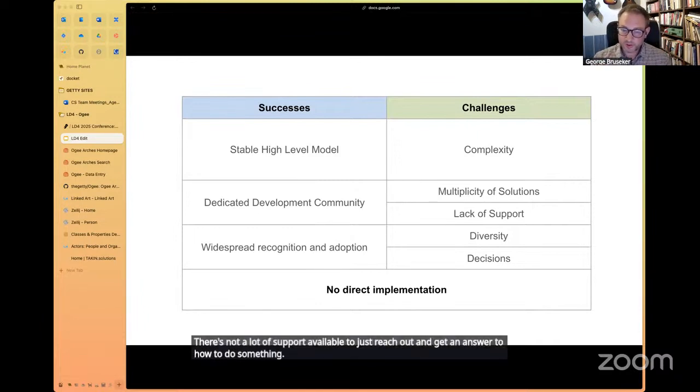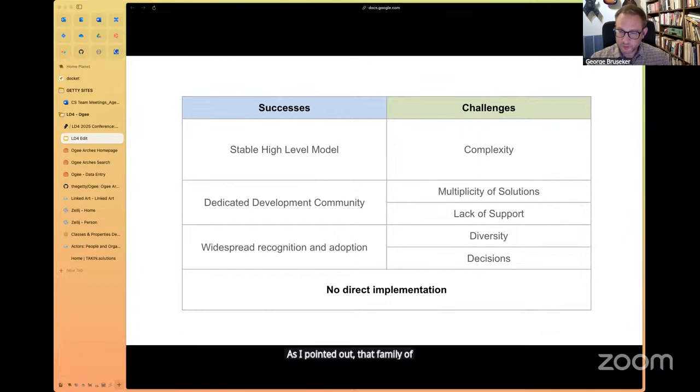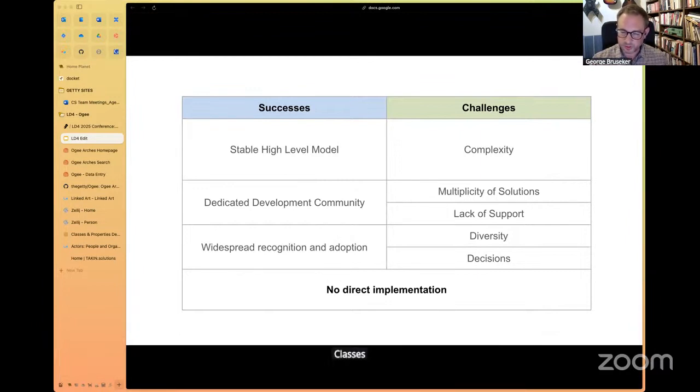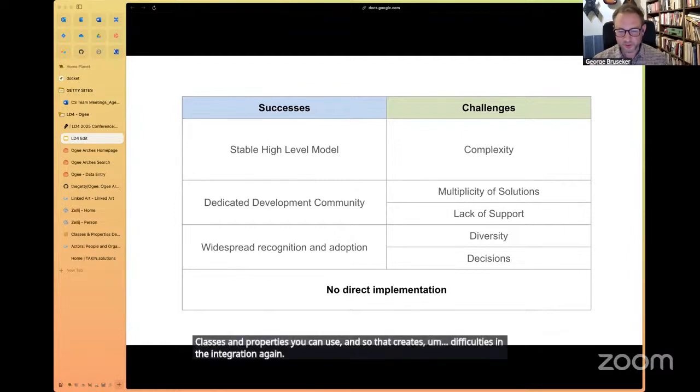As I pointed out, that family of models means that there's a growing diversity of classes and properties you can use, and so that creates difficulties in the integration again. And because of these multiple solutions, you constantly have to make decisions on how to apply it.